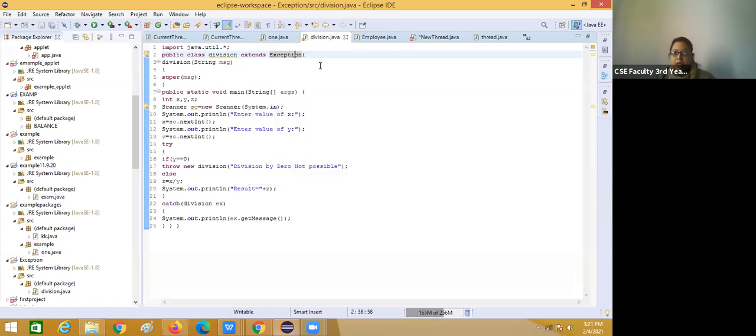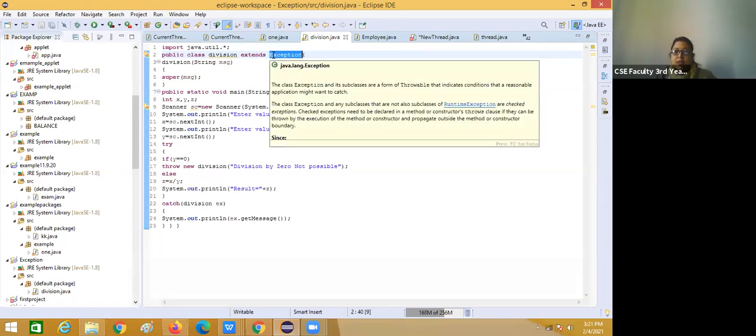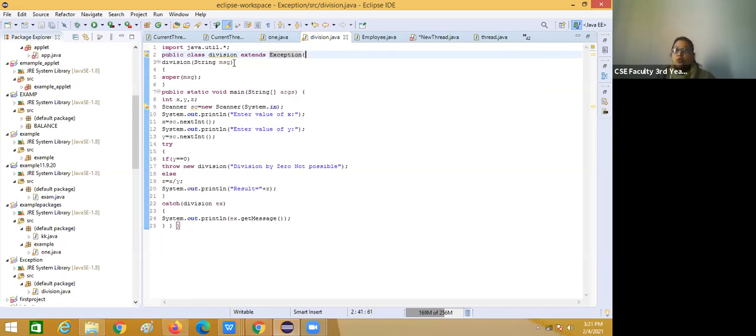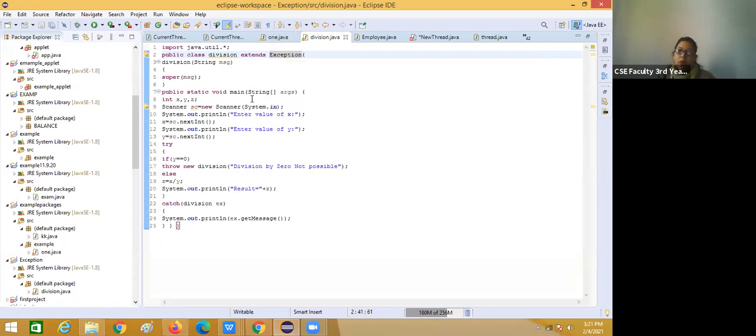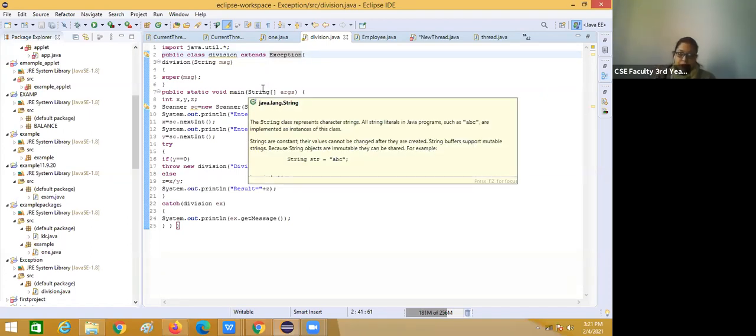You can see my Eclipse here. Here I have written exception. What is this exception? This is the superclass, and if I create the subclass of this exception, so in that case we can handle all the runtime exception.